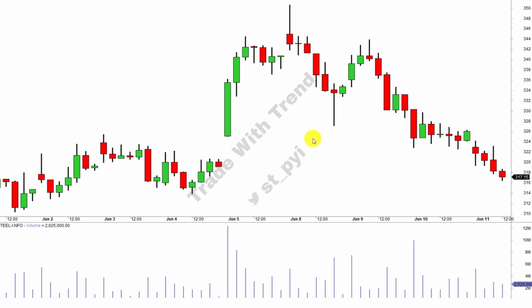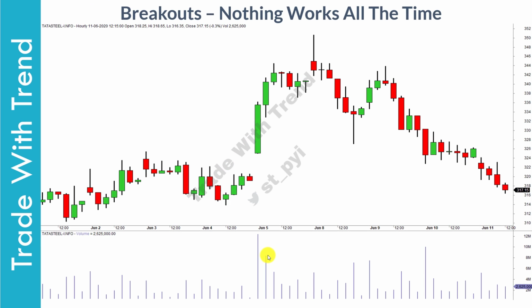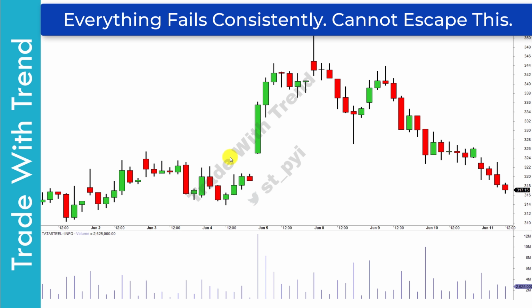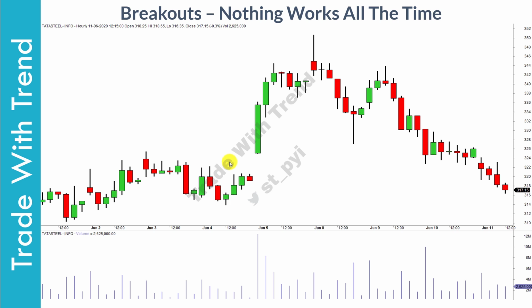Now this is very common. So don't think that if a breakout candle forms and all the volume criteria plus the relative strength criteria are met, that chart cannot fail. These charts fail and this happens a lot. Therefore, your job as a trader is to simply follow the process of identifying high probability breakouts and then applying risk management principles. The code of relative strength I have shared many times in the comment section below.